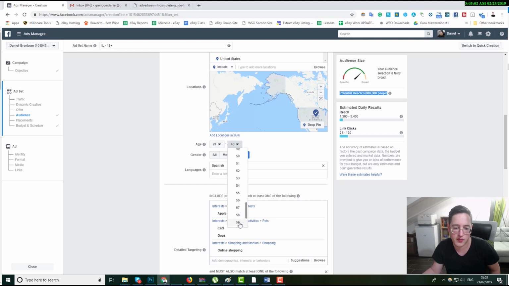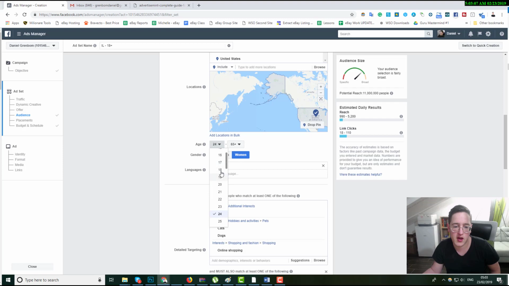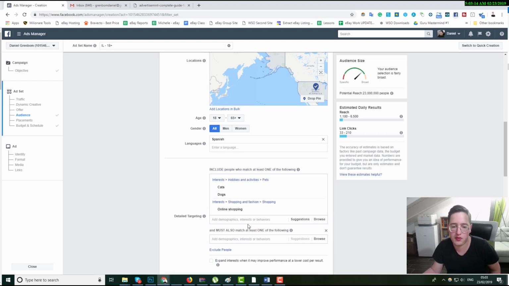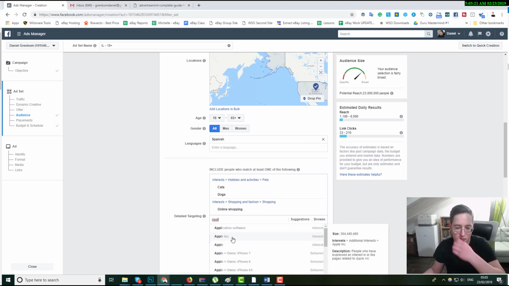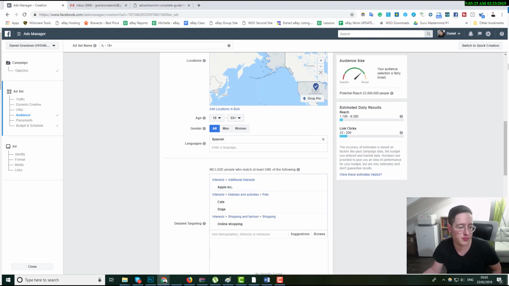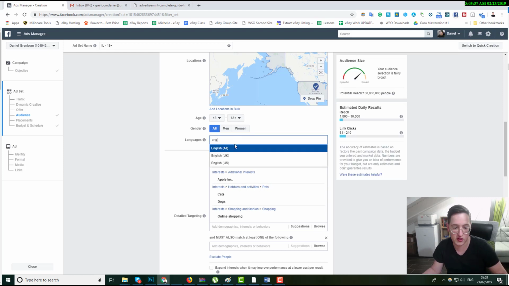For example, if I have 65 plus and 18 in here, and in gender all, and now I'll enter the apple, look at that, 23 million, and now, if I click on the apple, still 23, wonder why. Let's remove the Spanish, for example, do English,